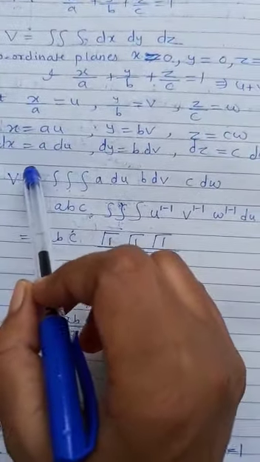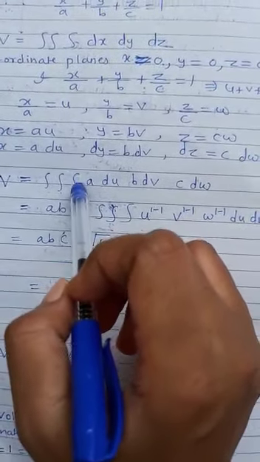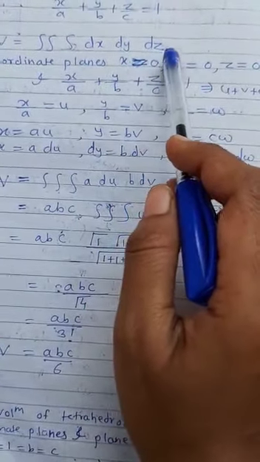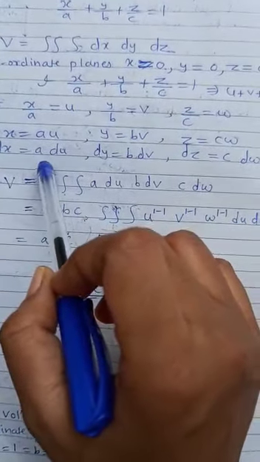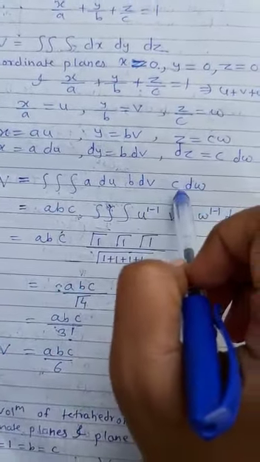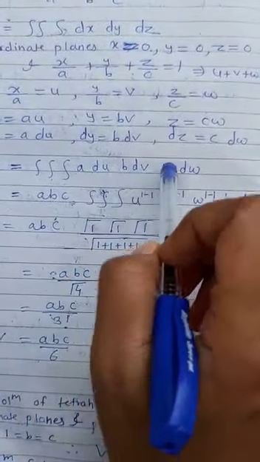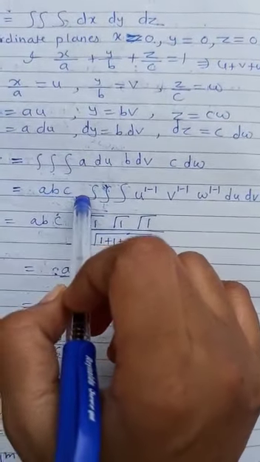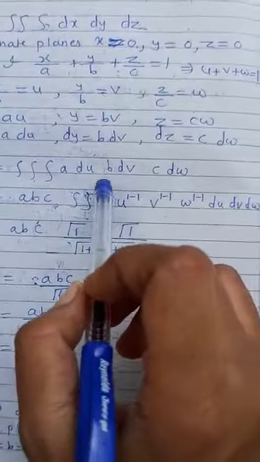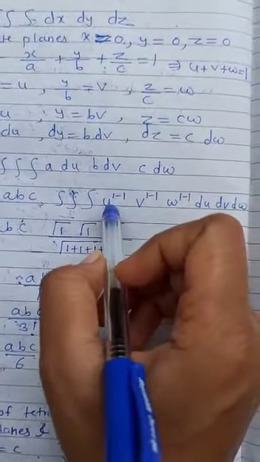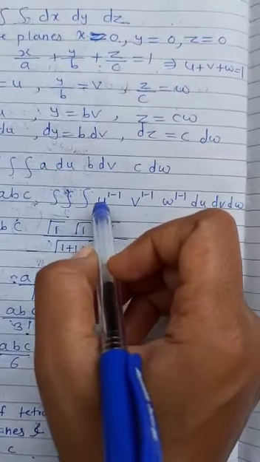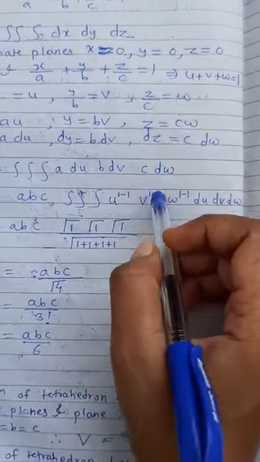And therefore volume is equal to triple integration of dx dy dz. So I have substituted the value of dx dy dz, which is a du, b dv, and c dw. So a, b, c are constants. Taking them outside the integration, triple integration of du, dv, dw. And that is nothing but u raised to 1 minus 1, because u raised to 0, v raised to 0, and w raised to 0